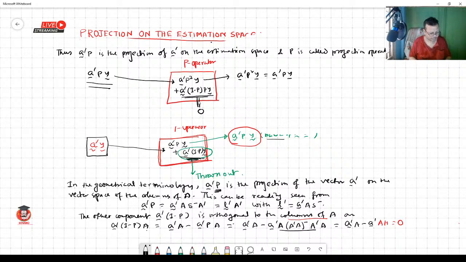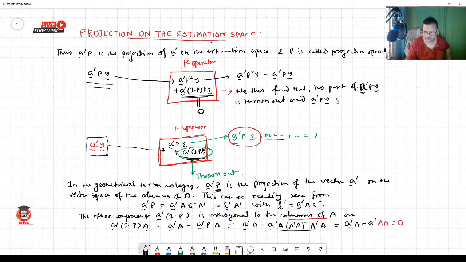So no part of P A curl prime P y curl is thrown out, and A curl prime P y curl comes out as it is,